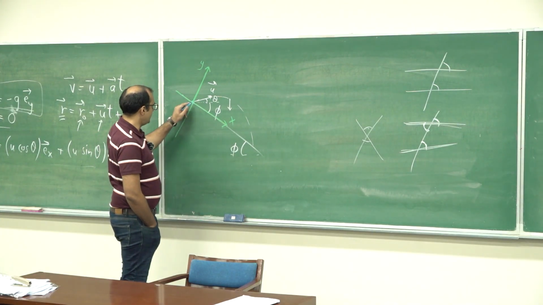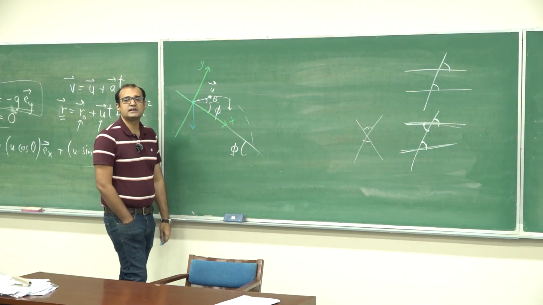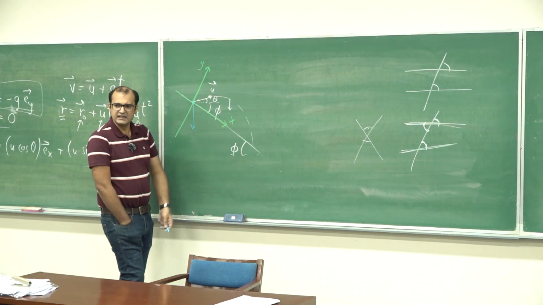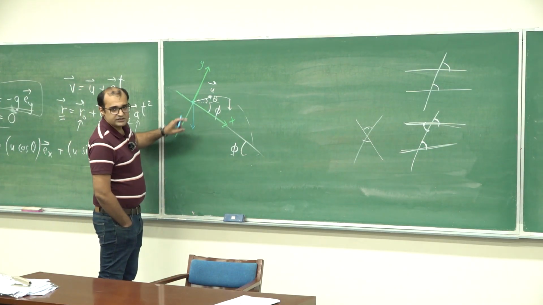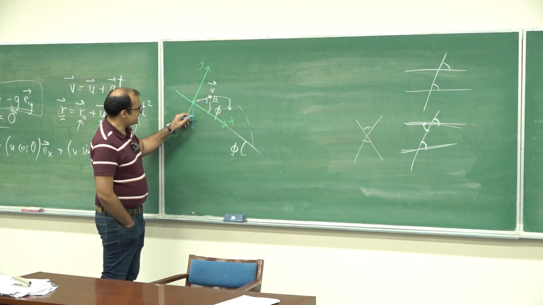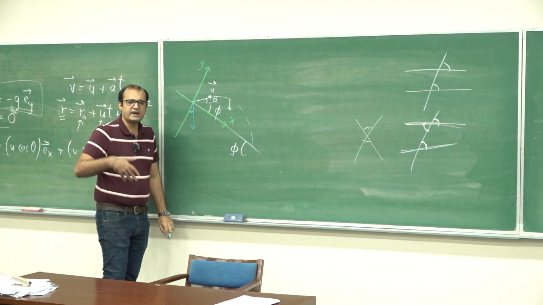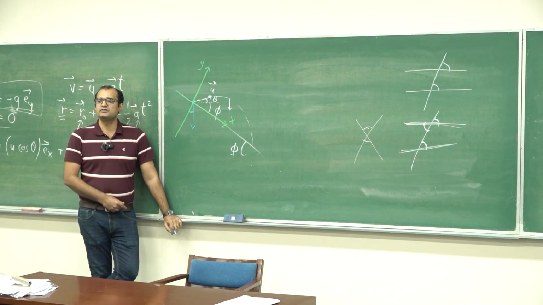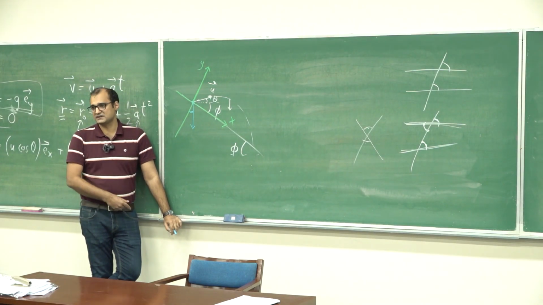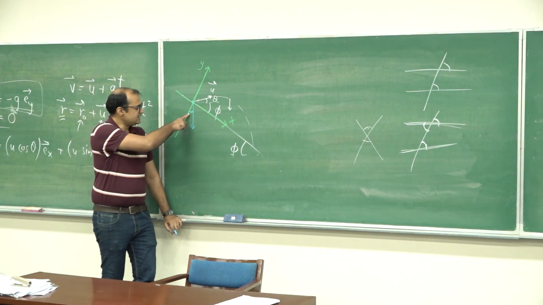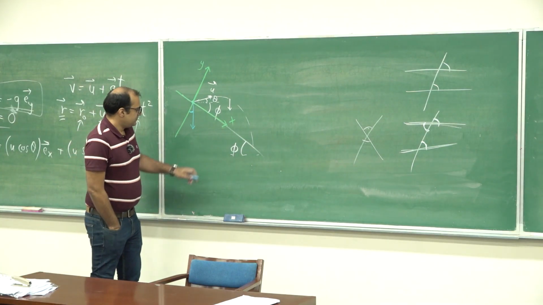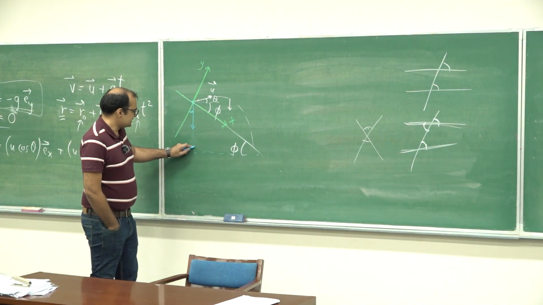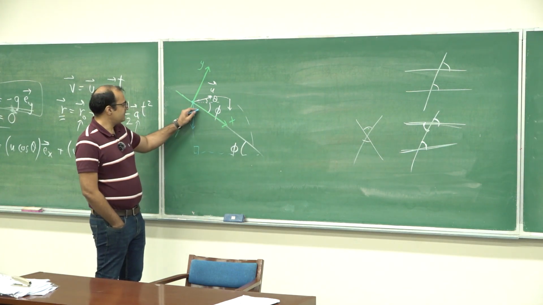So let's do that. Let's say that this is your acceleration vector. I could place this anywhere, but just for clarity, I place it over here. So this arrow is of size g. The first question is, what is this angle? Whenever you want to find out the components of a vector, try to find out the angle that the vector makes with one of the two axes. Either one will do, of course. If you know one of these angles, you know the other angle. So what's this angle? Of course, you'll say immediately, looks like phi, maybe. But you don't need to go to that. Just consider this right angle triangle that I formed over here. What's this angle?